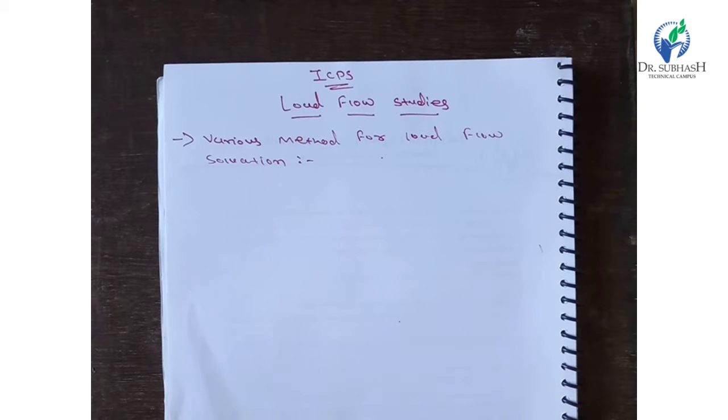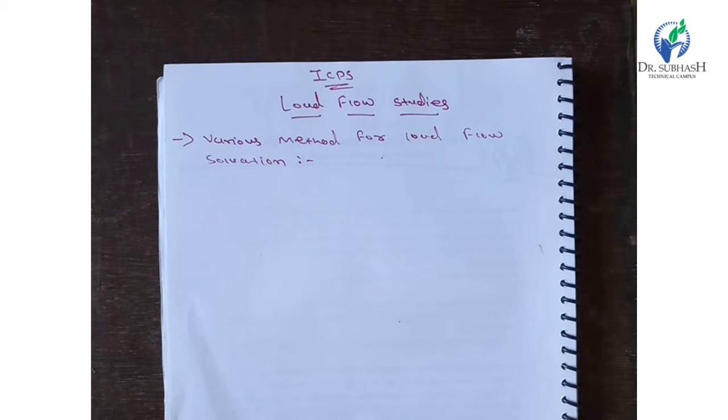All the buses other than the slack bus are considered PV buses. The voltage magnitude at all the buses, including the slack bus, is specified. These are specified quantities. And the last one is the angle delta. It is small compared to the other angle, the sine angle. So angle delta is a small angle related to the sine angle, and the sine angle is based on the active and reactive power values.